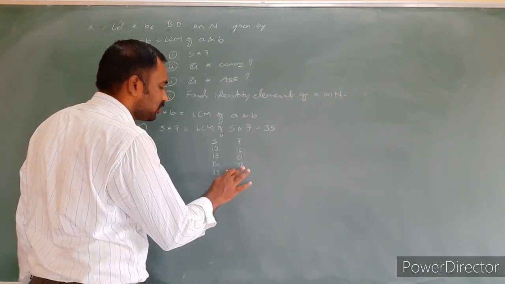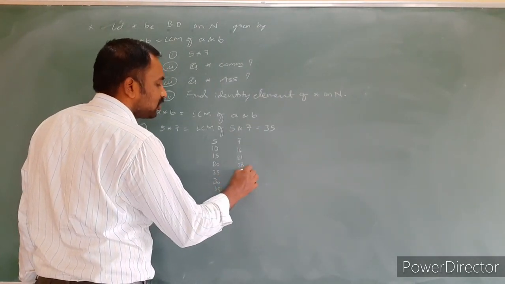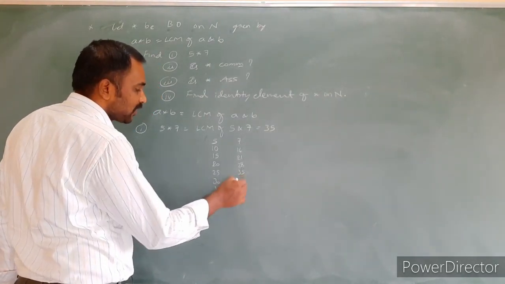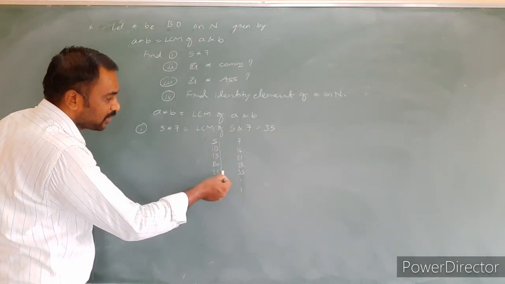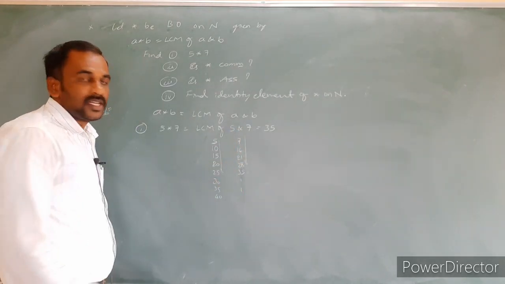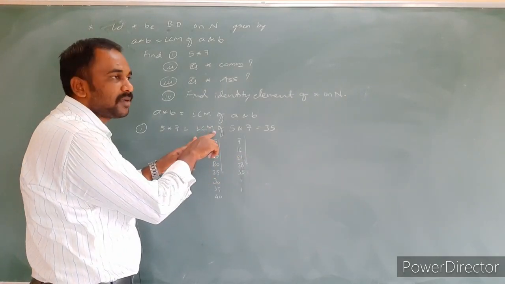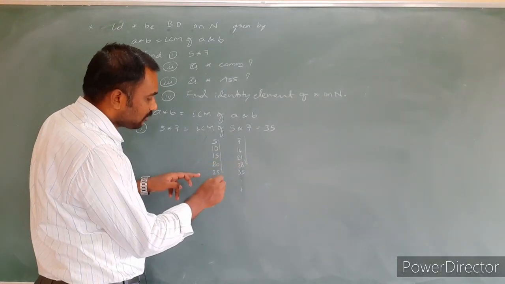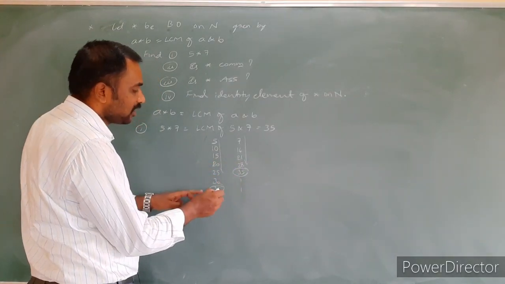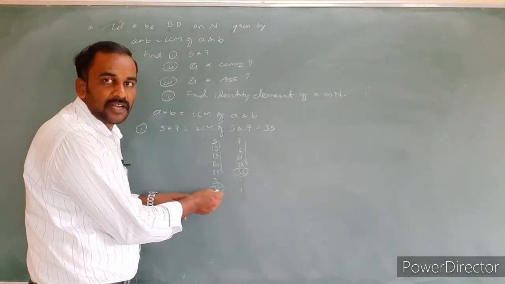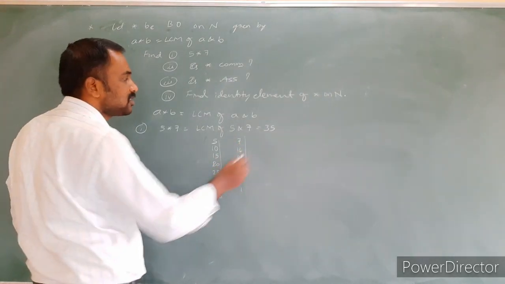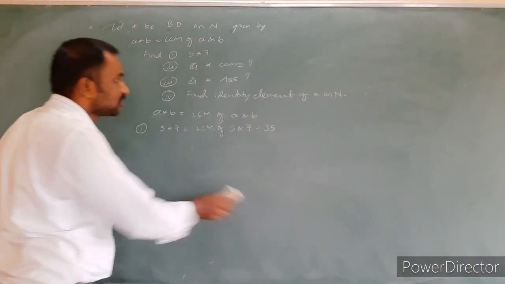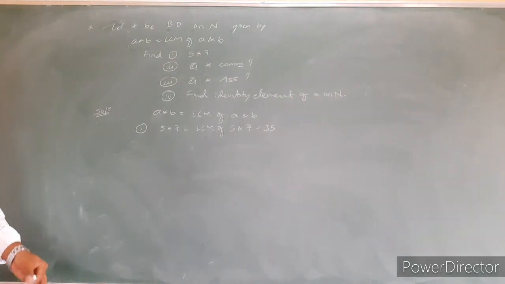Like that, we continue. Here are the multiples of 5, and here are the multiples of 7. Out of these, the least common multiple must be common and it should be the least. The common multiple here is 35, and here is 35. So it is the least common multiple for these two sets of multiples. Yes, that's all. This is the required LCM value. So the LCM of 5 and 7 we got as 35.